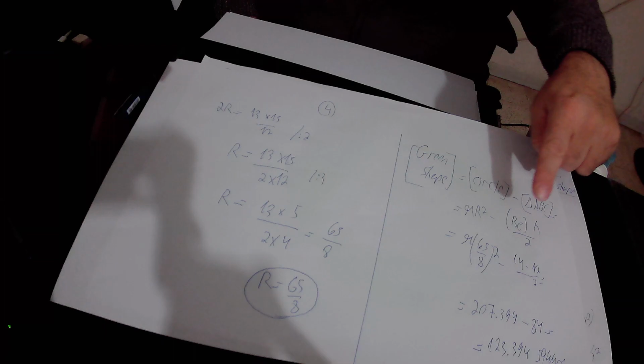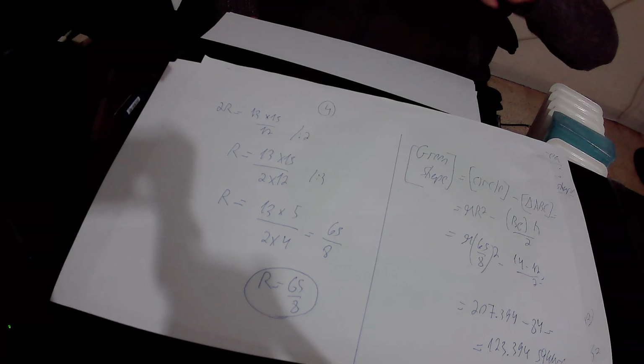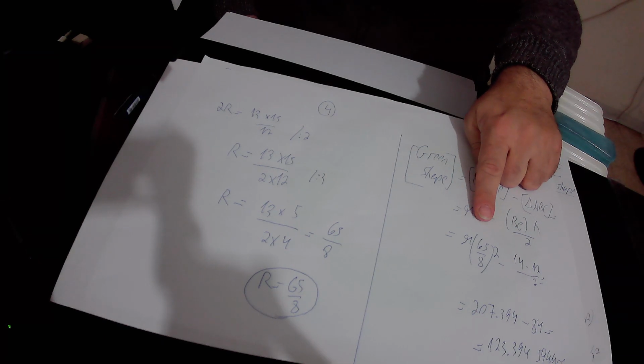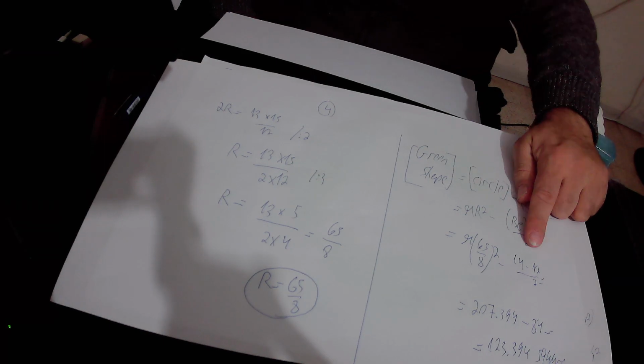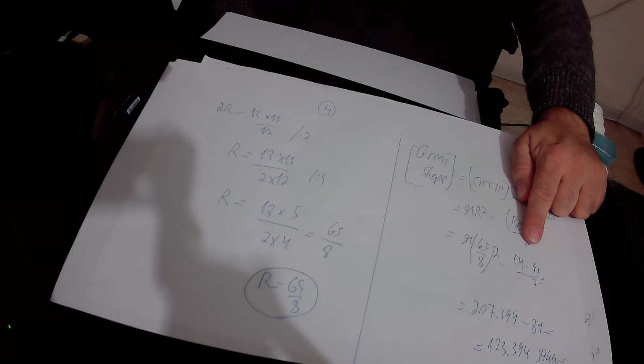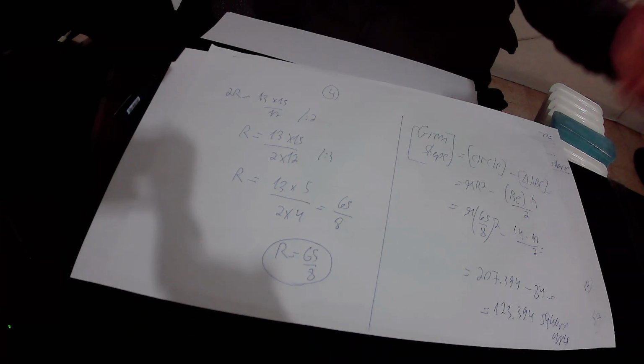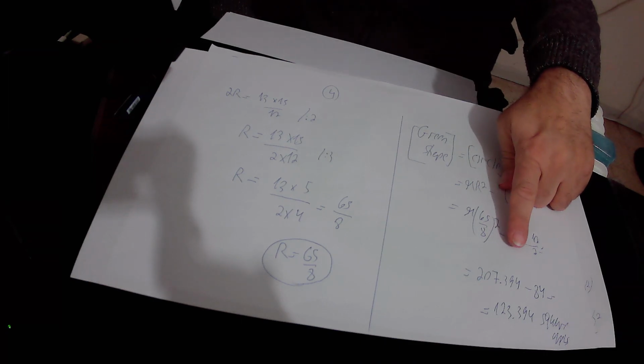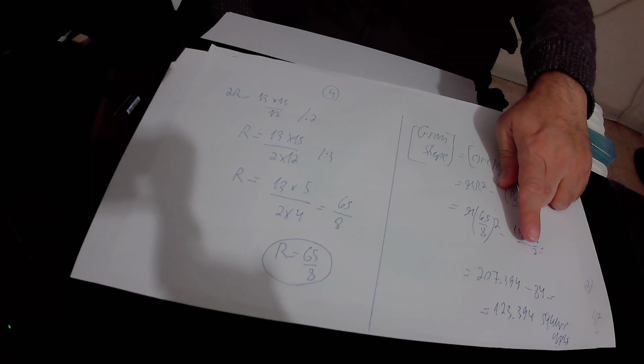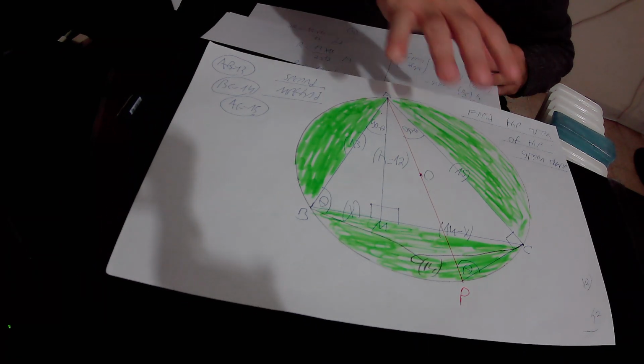Minus BC is 14 times AM that is 12, over 2. So the circle area expression in total equals 207.394 square units. And this expression is 14 over 2, that is 7, and 7 times 12 is 84. So in total, the area of triangle ABC equals 84 square units. 207.394 minus 84 is 123.394 square units. So in conclusion, we found that the area of this green shape according to the second method